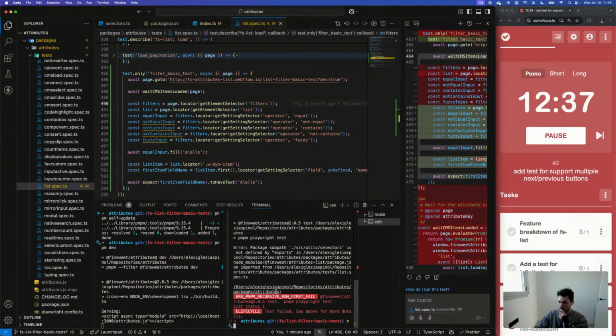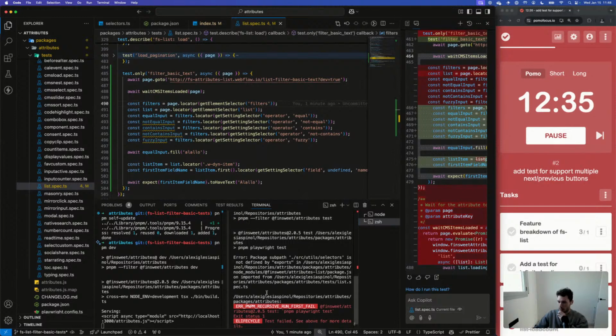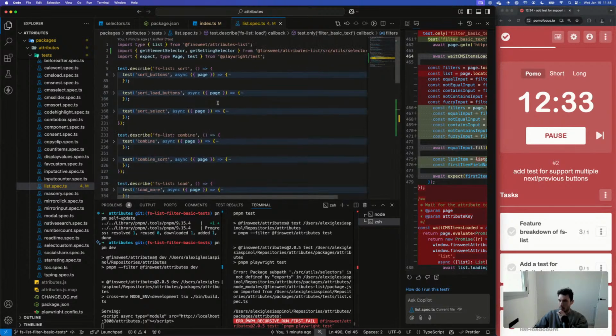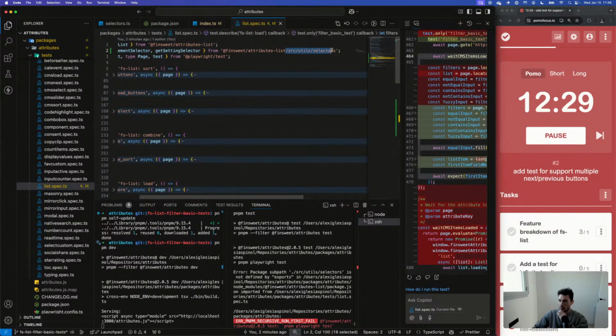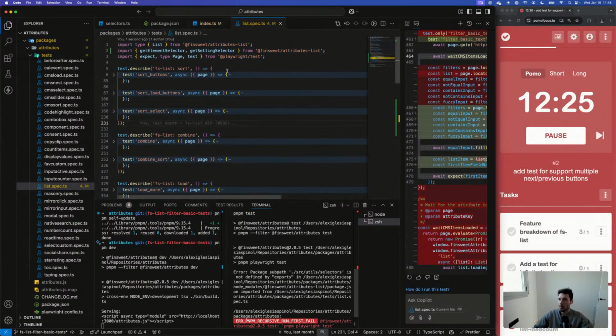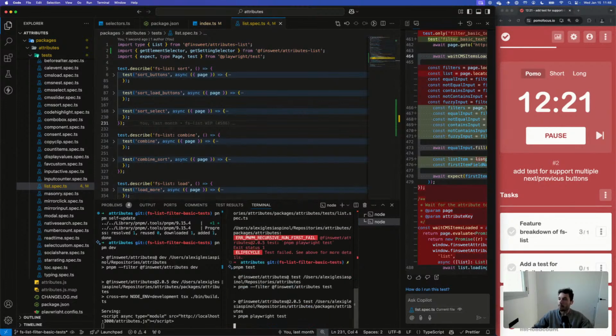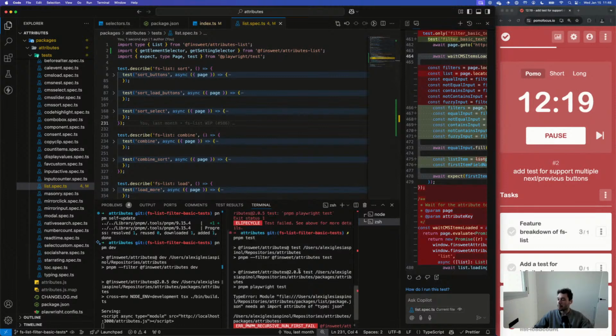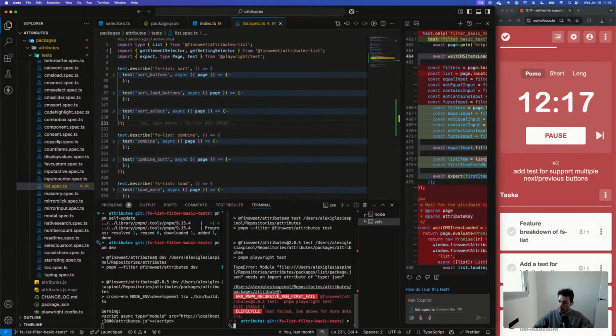Okay, let's try it again. Package subpath is not defined by exports. No, because I want to get it from here instead. Now what? TypeScript error: module needs an import attribute of type JSON.